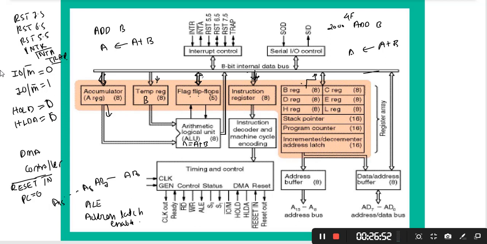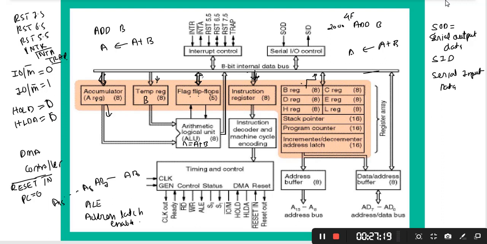In the same manner, we have a block for serial input output control. It has two pins, SOD and SID. SOD is called serial output data, and SID is called serial input data.